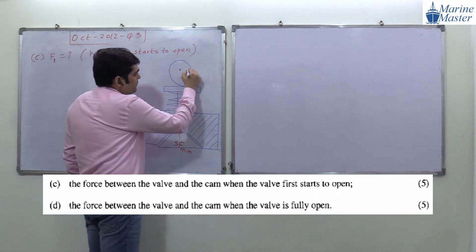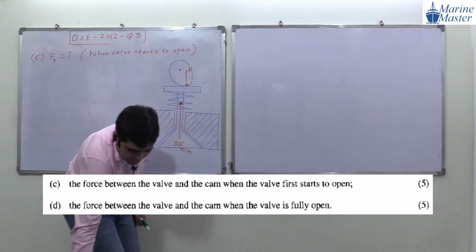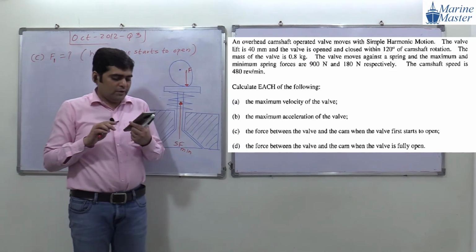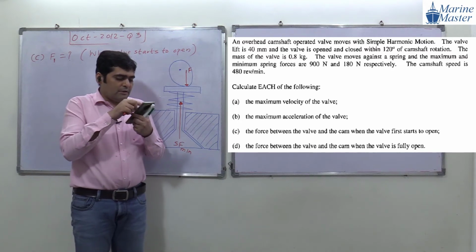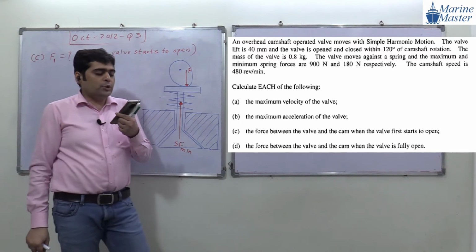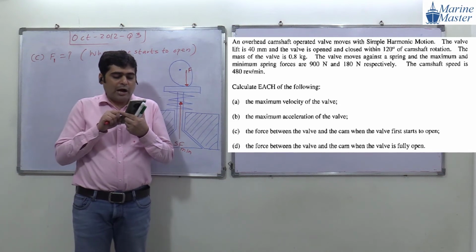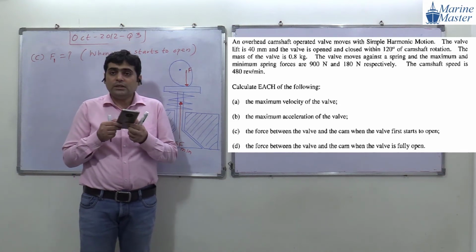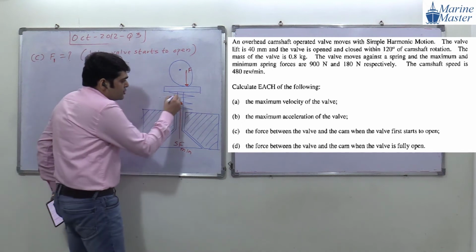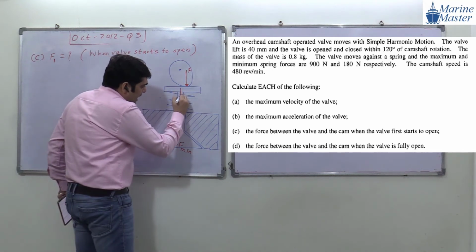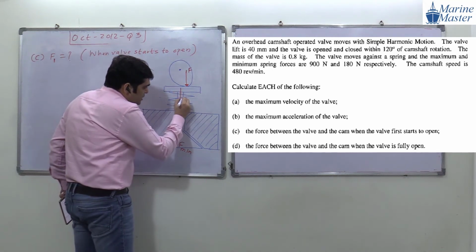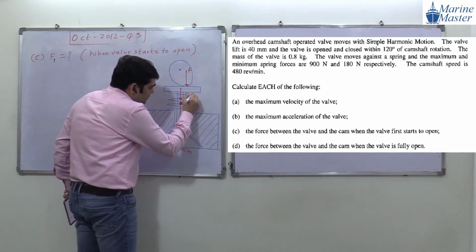Then there will be a force, that is what we have to calculate, force F1. And there will be what? They have given us a mass of the wall. How much mass of the wall they have given us? 0.8 kg. So due to that 0.8 kilogram of mass, there will be weight. How much will be the weight? 0.8 g. So how will weight act? Weight will act vertically downward. So this weight will be what? 0.8